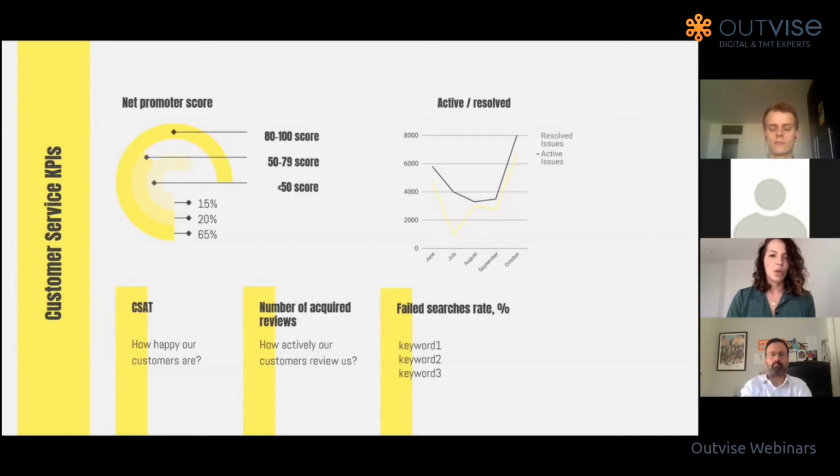Then in the middle we have number of acquired reviews. It's also an interesting metric. It's not only about the quality of the reviews, but also the number, like how likely people are to give you a review. And from my experience, I'm sure you also know that probably only 1 in 10 satisfied customers really writes a review. So normally people unfortunately write negative reviews, and for you as a business, it's a challenge and also a goal to encourage your customers to give you a positive review.